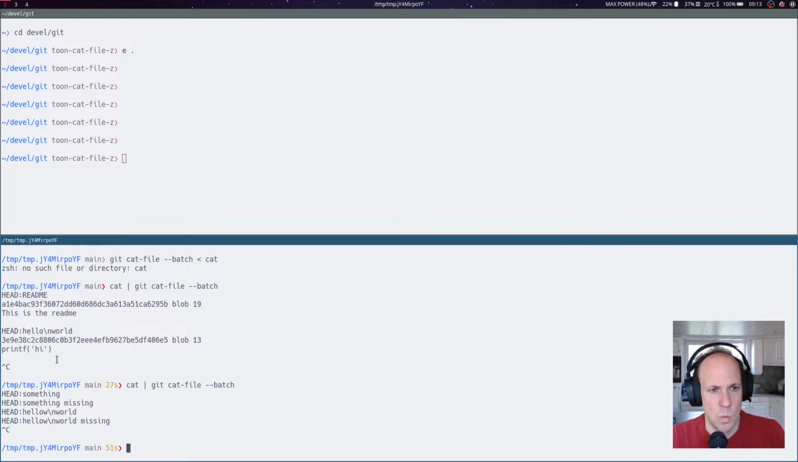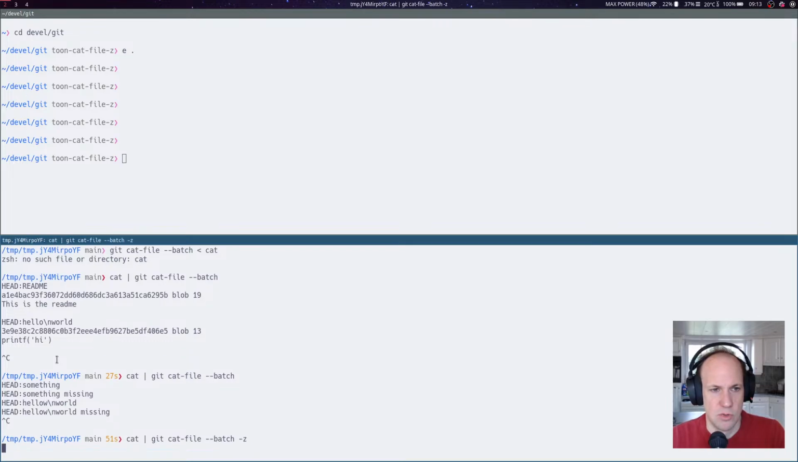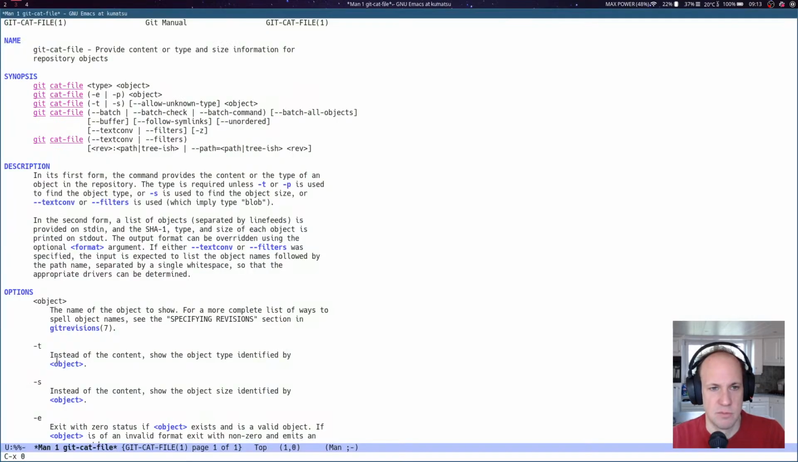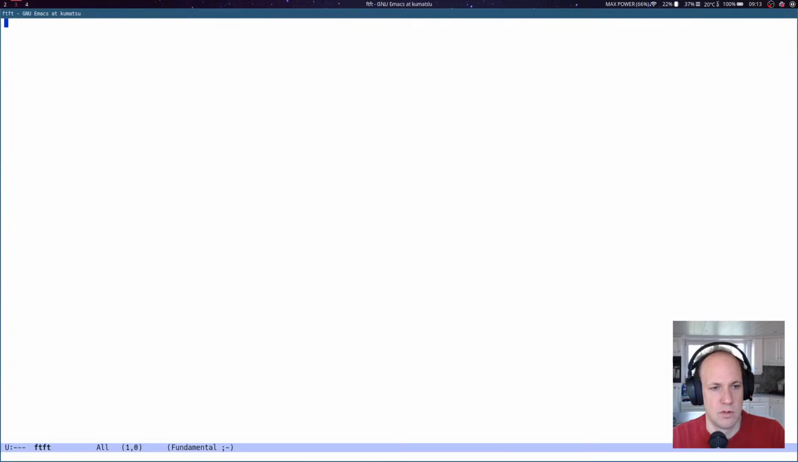Now there's another operation mode which is called git-cat-file batch-z. So now each blob you're trying to fetch from the object database is not divided by a new line, but it's divided by a zero terminator. So instead of head readme, when I enter, nothing happens, but I need now quickly, I think